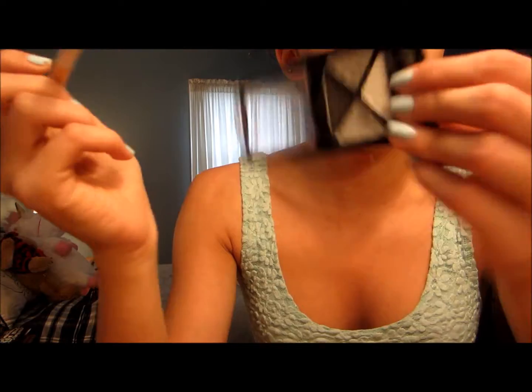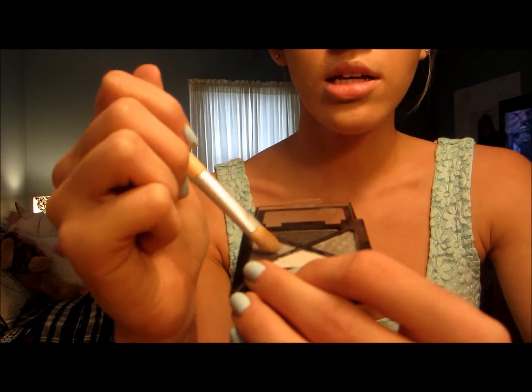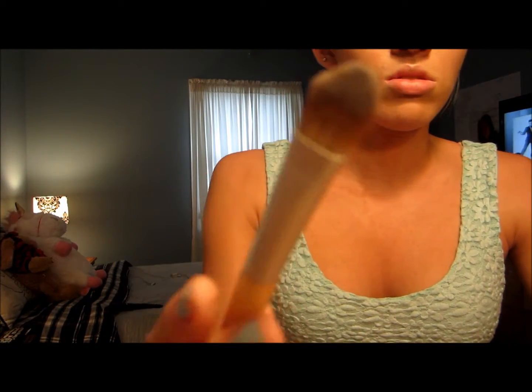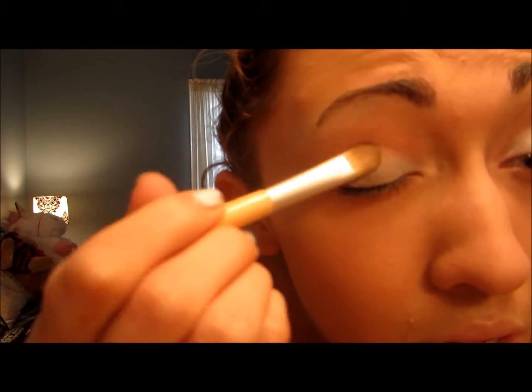And I'm going to be using this flat brush from EcoTools. I think this was a concealer brush originally, but I like to use it to apply eyeshadow. So I'm just going to be taking these two colors, the lighter one first, and then the darker one. So it's just going to look like that. I'm going to tap off the excess,